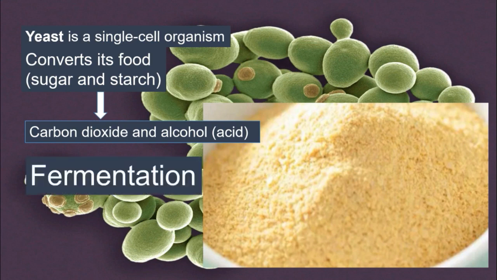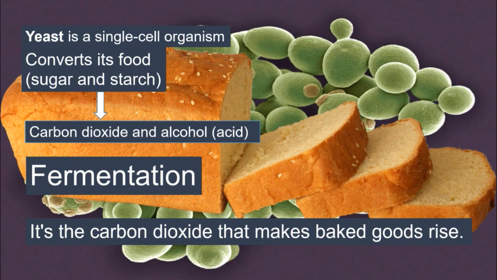So remember this, fermentation is the process of converting sugar and starch into carbon dioxide and alcohol, sometimes into acid also. And who does that? Here the microorganism yeast is doing that. Now you have seen that carbon dioxide comes out in the form of gas. It is that carbon dioxide which tries to come out through the dough, through the pores, which in turn makes the bread smooth, soft. Cakes also smooth and soft. That's why it is added while preparing.